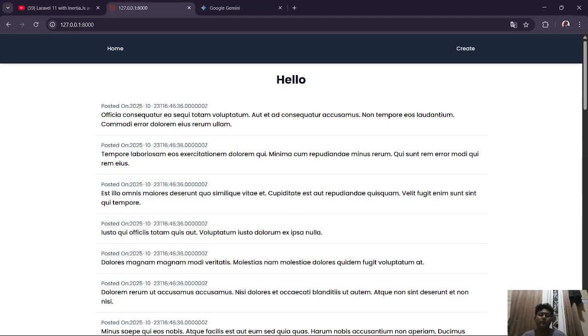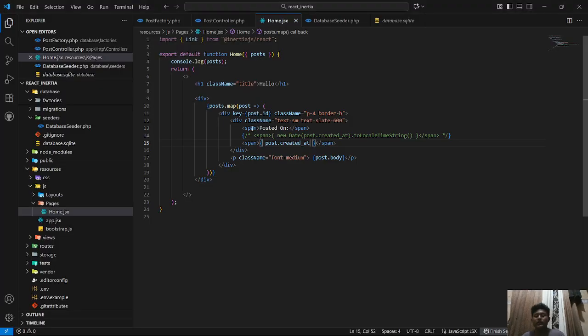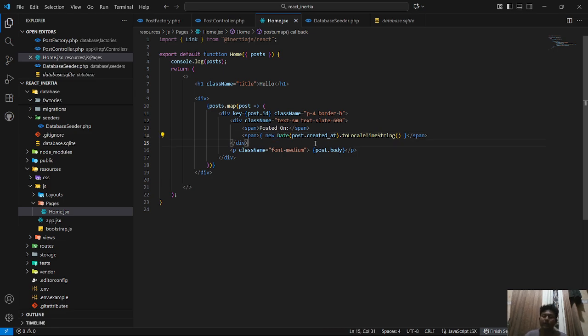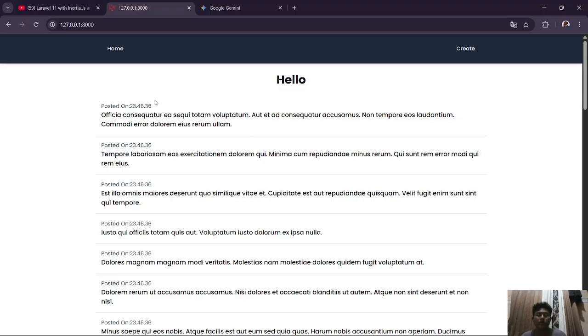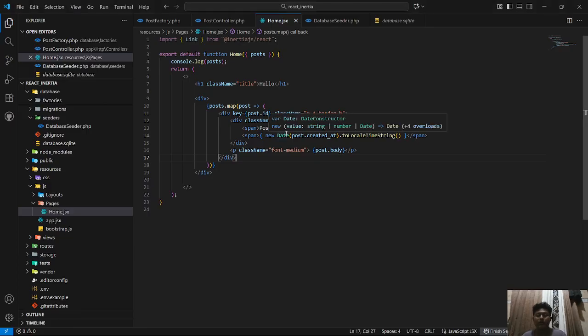This is the default if you get data from a database. You must add a new Date and toLocaleTimeString if you want this. And I added the CSS here, just text-small and text-slate-600.